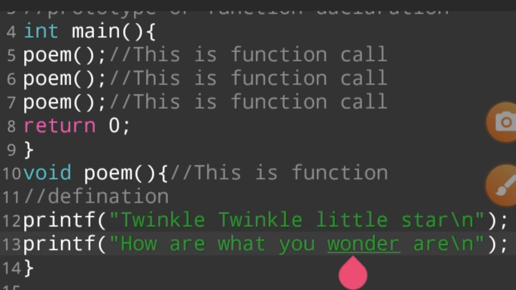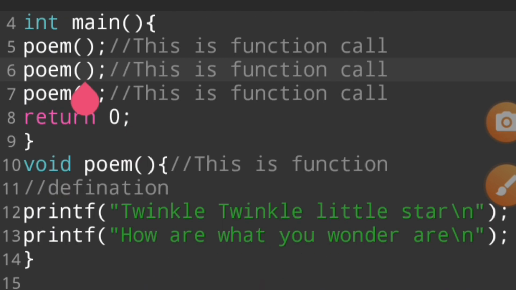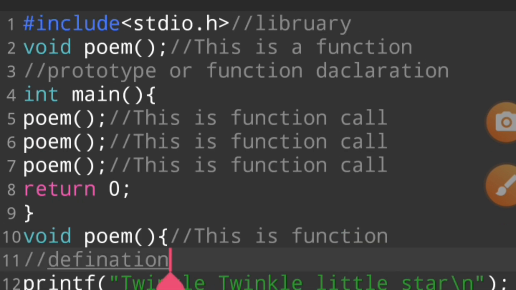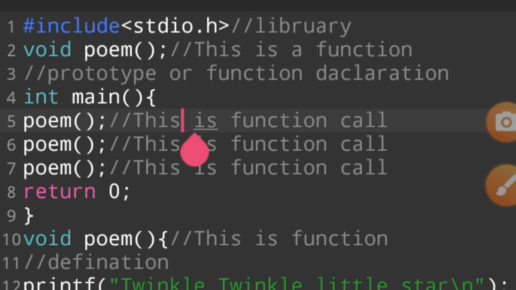In this case, twinkle twinkle little star, how I wonder what you are is printed. We use functions when we want to print most of the time. If we call this function 3 times, it executes 3 times. If we call it 4 times, it executes 4 times. I hope you understand.